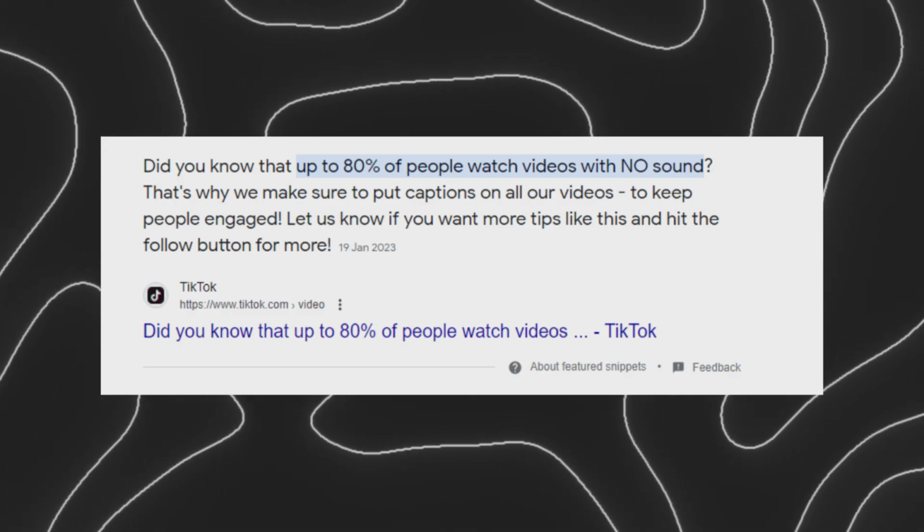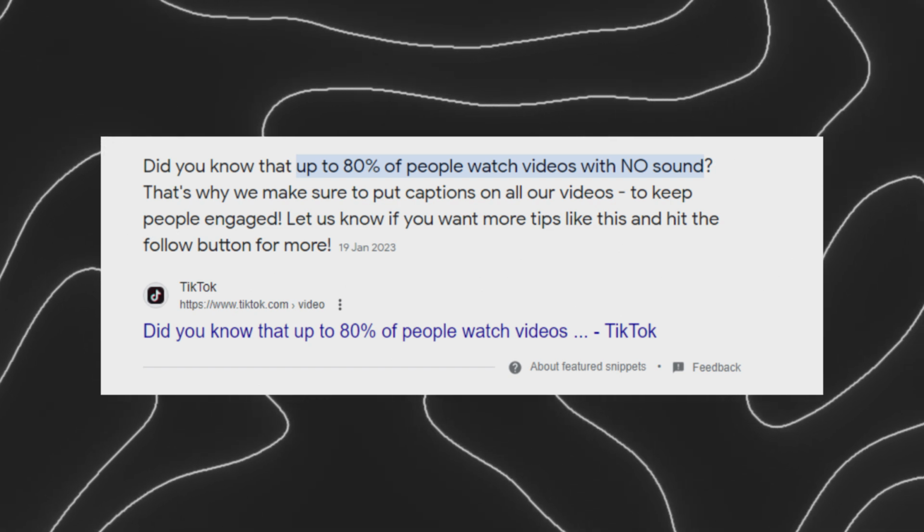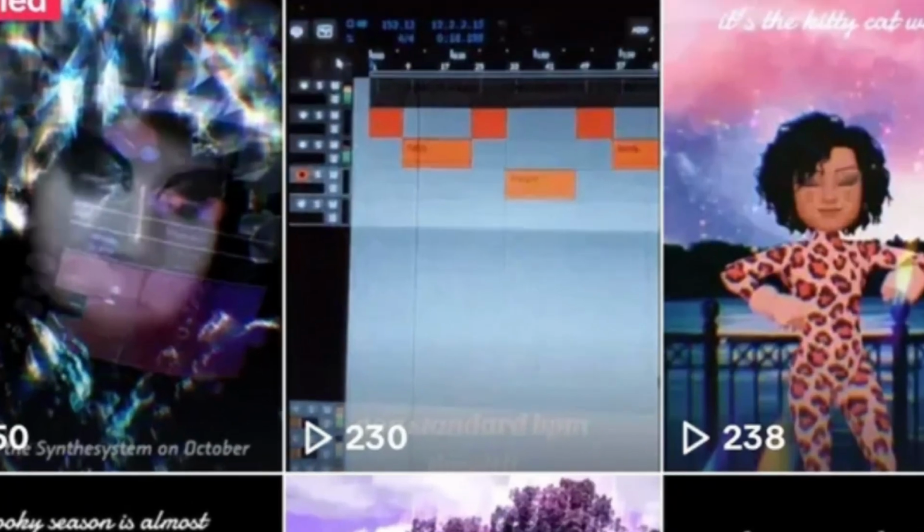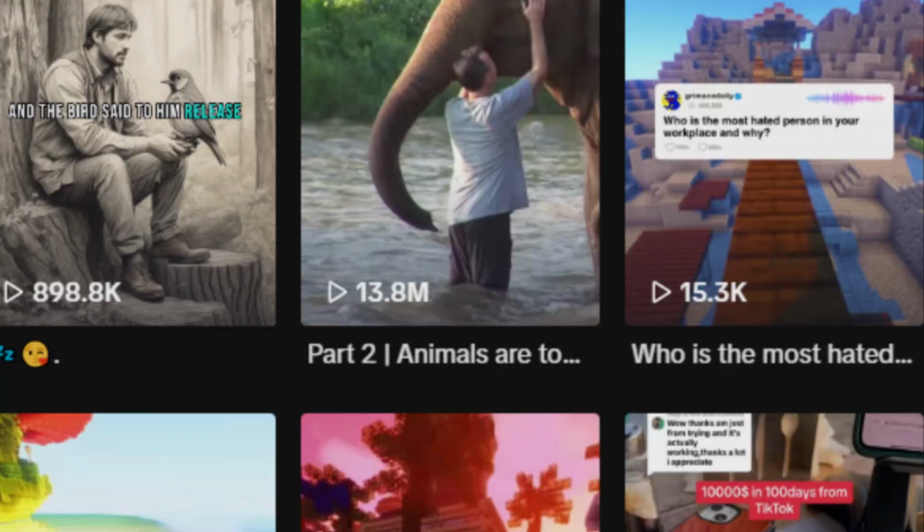Now, obviously, some of you don't even include captions in your videos, and I'm going to tell you why that might just be a really bad idea. You see, surprisingly, a large number of people actually watch TikTok with no sound. Apparently over 80% of people that watch TikTok just don't have the sound on. Honestly, don't ask me why this is, but obviously getting the captions right is really important, because for these 80% of people that don't have the sound, they want to be reading some nice captions. They want to make sure it's actually appealing to them. This could be the difference between a 200 view jail or a banger video if you get these captions right.